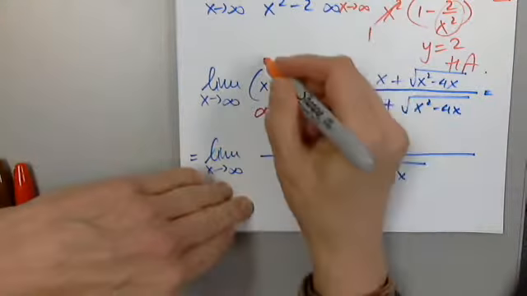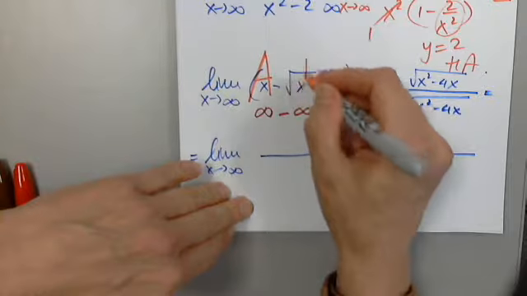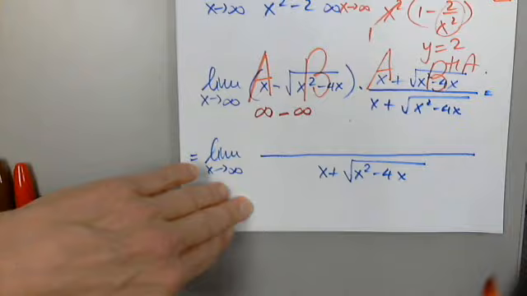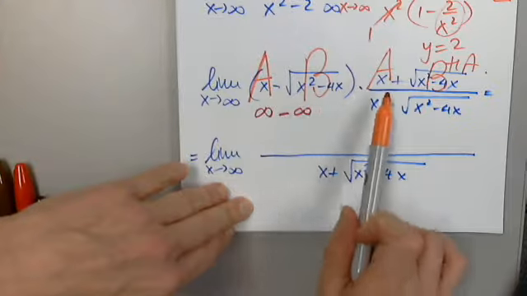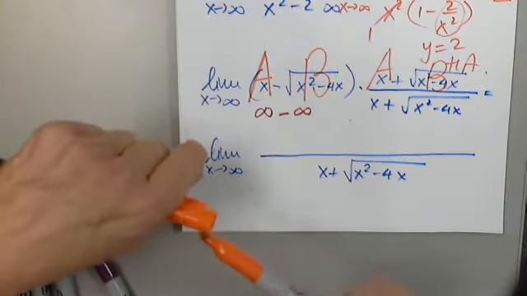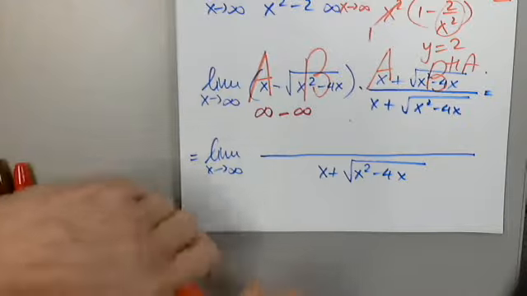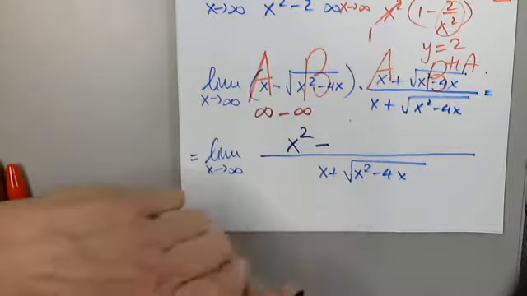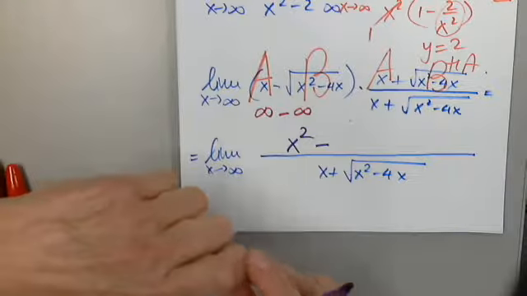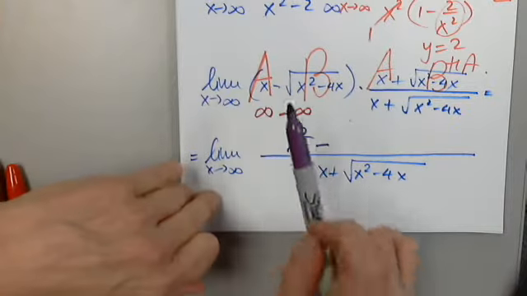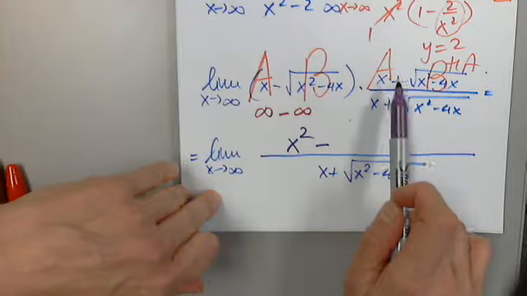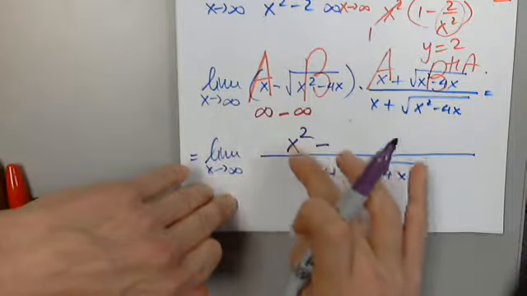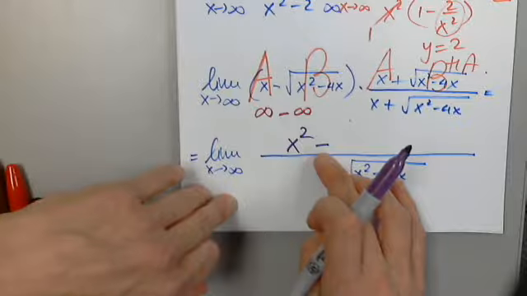Let's regroup. This is A minus B. This is A plus B. How do I multiply A minus B times A plus B? Yes, A squared. How much is A squared? We're talking about the difference of squares. A minus B times A plus B. A squared is x squared, minus